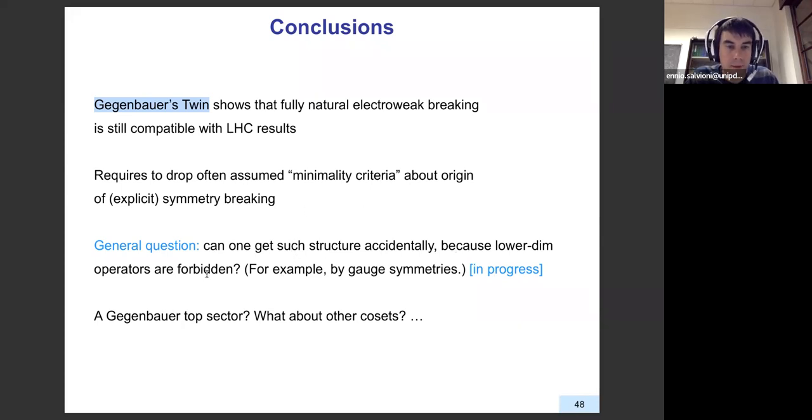Other things that one can explore: first, the idea to construct a Gegenbauer top sector, meaning that instead of introducing this additional breaking as some UV spurion, we could get it already from what we do need, which is top loops. This is in a sense more similar to what Anson was trying to do in the abelian case. This is what he really achieved in there. And also the question in general is what happens if I have another coset, because I'm not sure what special functions one gets there and so on. This is something that we should look at also, but I don't have anything to say at the moment.